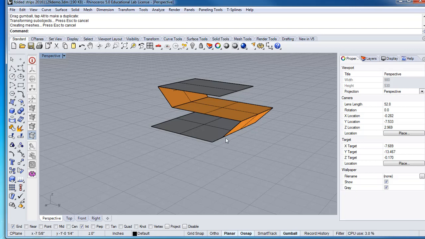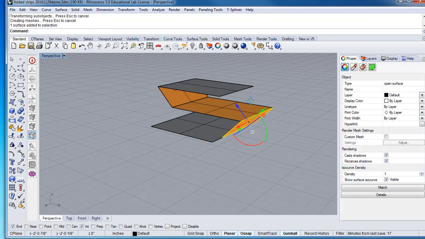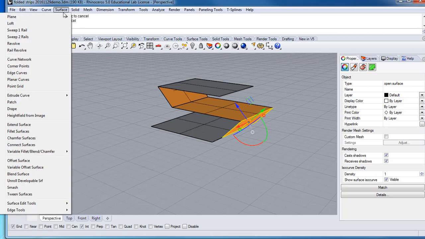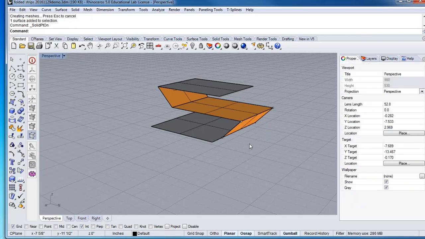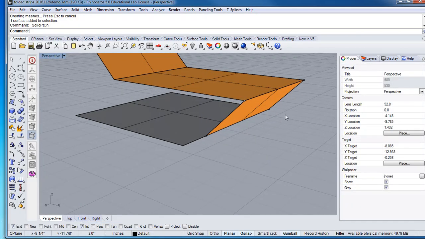you are going to turn on the control points. So the control points, well, select the object first, and then go to Solid, go to Solid Edit Tools, and turn on Points. And you will notice that there'll be these little white dots right there. If we click on this thing, you get a gumball for that, and you can move that along anywhere. You could also type in move and select that point and get it back onto that corner point right there,